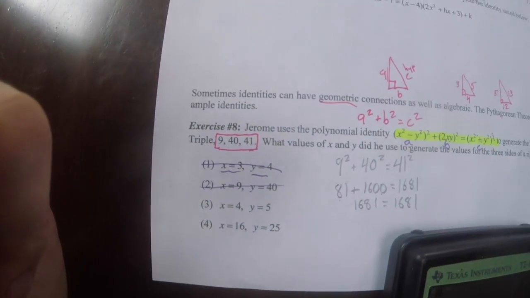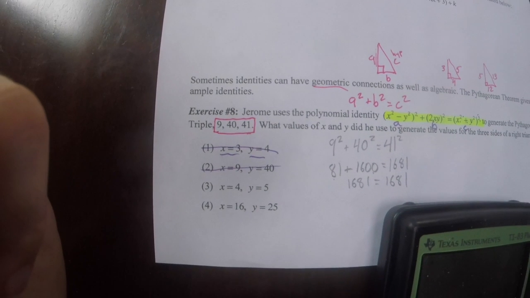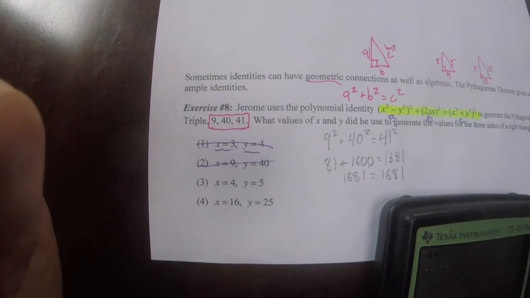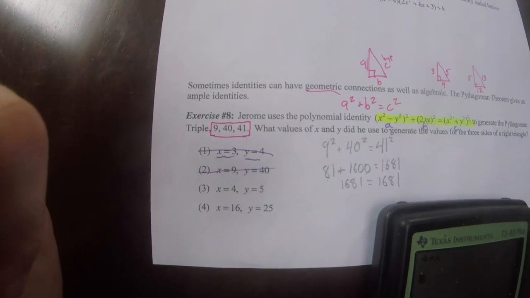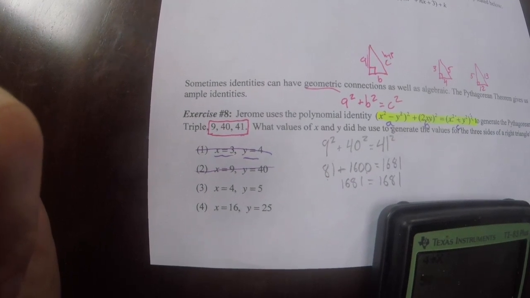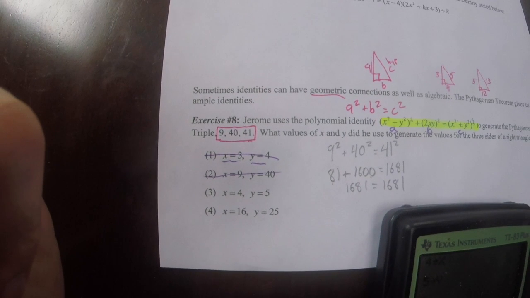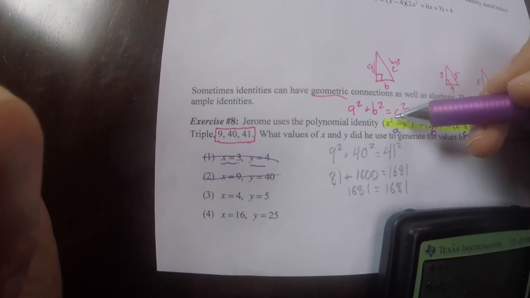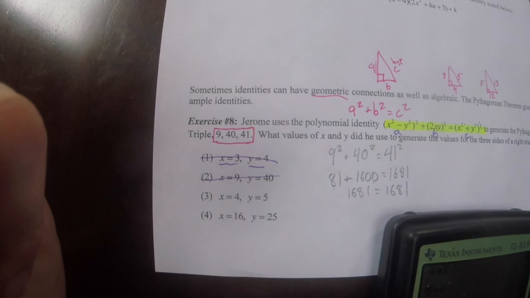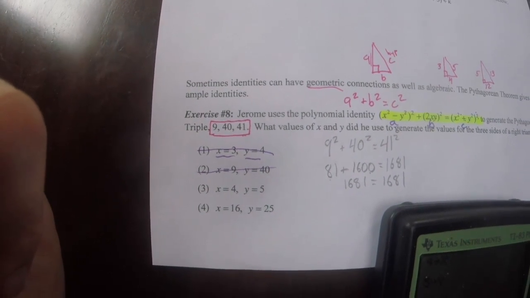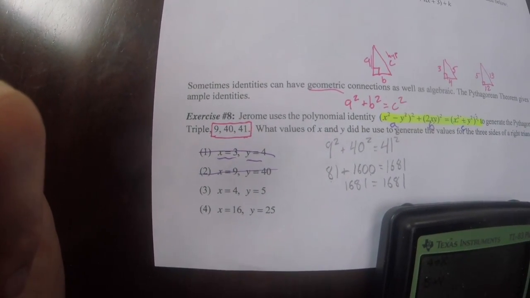All right, let's check choice 3. I'm going to store 4 in for x. And we're going to store 5 in for y. All right, and let's see what x squared minus y squared is. X squared minus y squared is